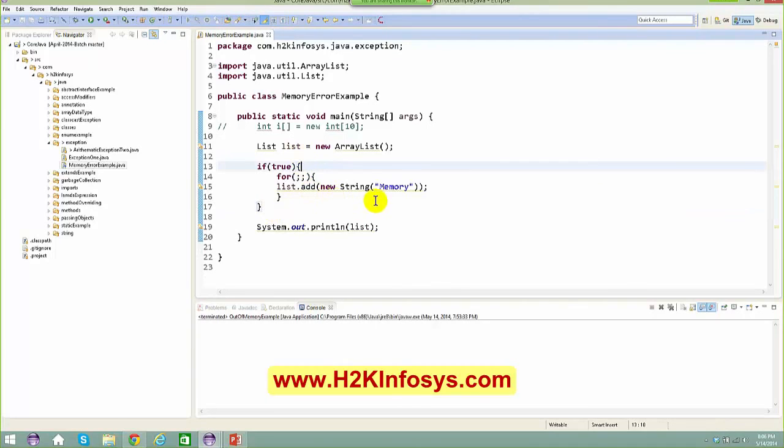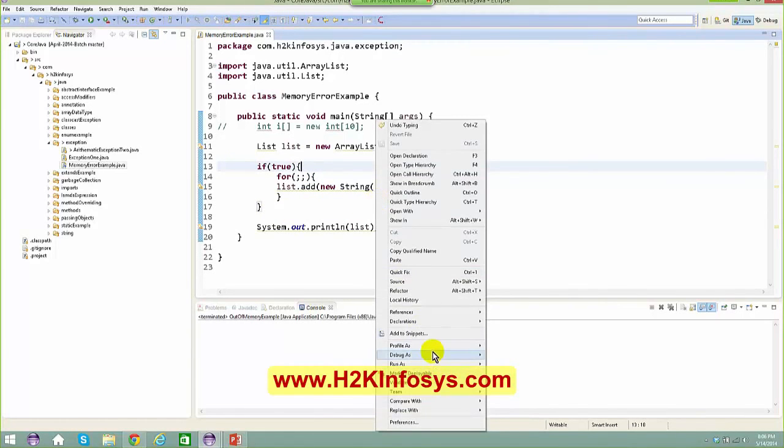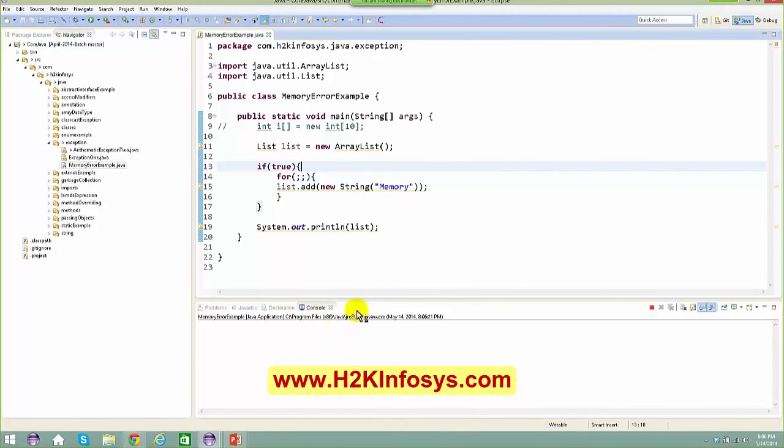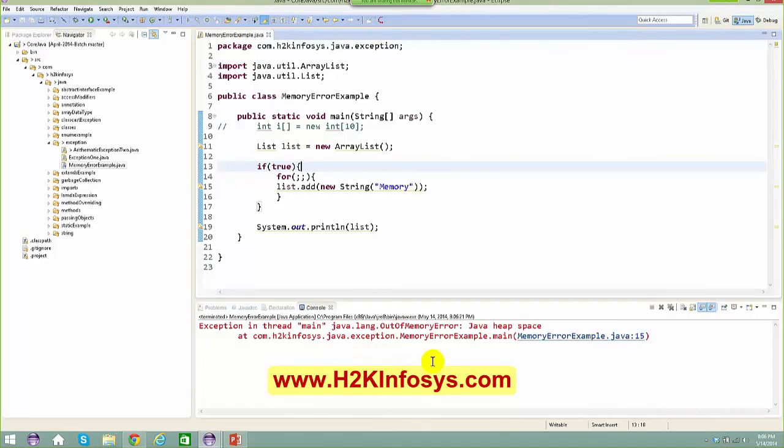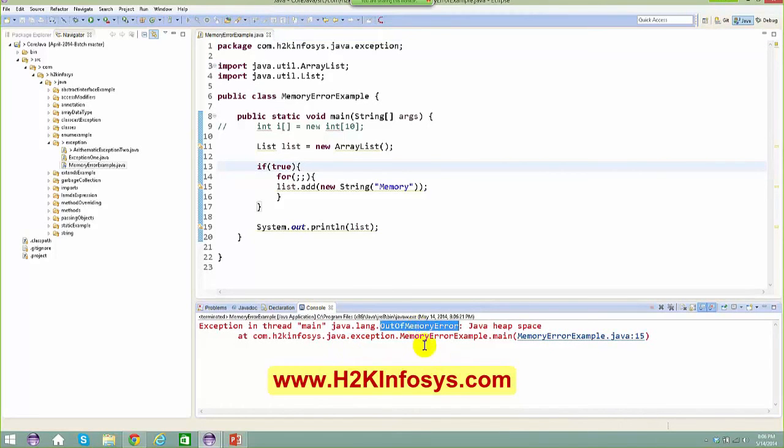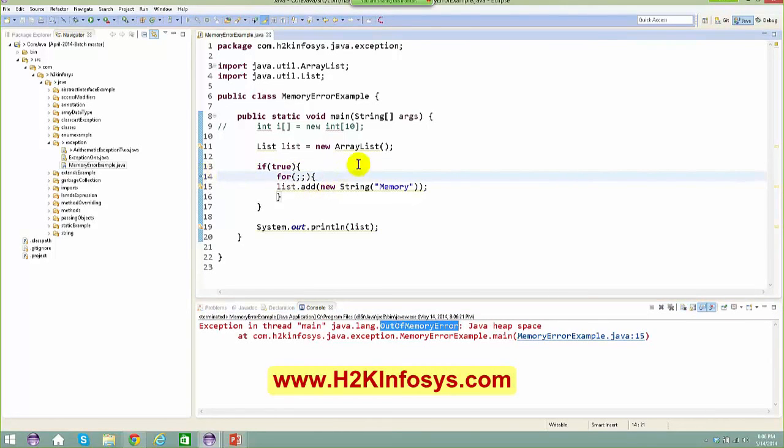Okay, now let me run this. Right click, run as Java application. Okay, so it is running right now, and at one point of time you got an out of memory error. Why? Because it kept on adding. So if I put a debug point here,